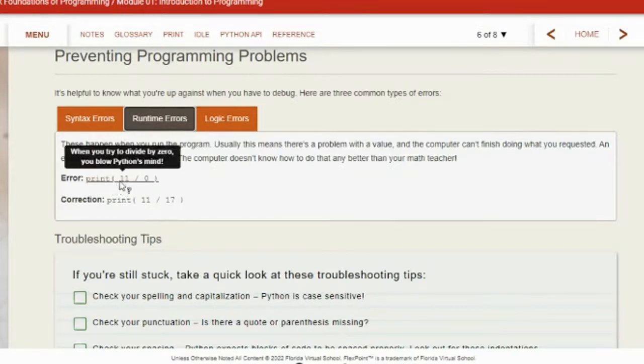There's a value. The computer can't do this. There's nothing wrong with print 11 divided by 0. You don't need quotes around that because you're not literally wanting it to print 11/0. You want it to print what is 11 divided by 0, but you cannot divide by 0. So it comes back with an error because it doesn't know how to do that. It's not possible to divide 11 by 0. So if you correct that and say 11 by 17, it'll come back with that decimal answer on what 11